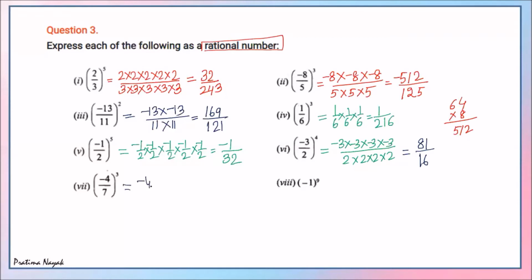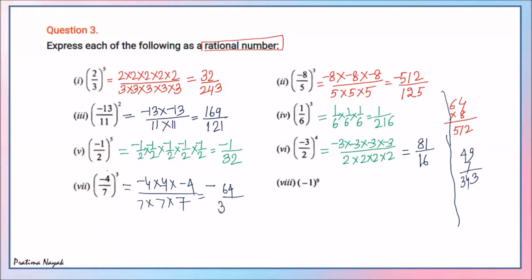So try to do this very quickly. Similarly here minus 4 multiplied by minus 4 multiplied by minus 4, and 7 multiplied by 7 multiplied by 7. 3 times negative, positive or negative? Negative. 4 4s are 16, 4 16s are 64. And 7 multiplied by 7 multiplied by 7. Always do the rough work on the right side, any calculation part. So 49 into 7: 7 9s are 63, 7 4s are 28, 34, so this will be 343.